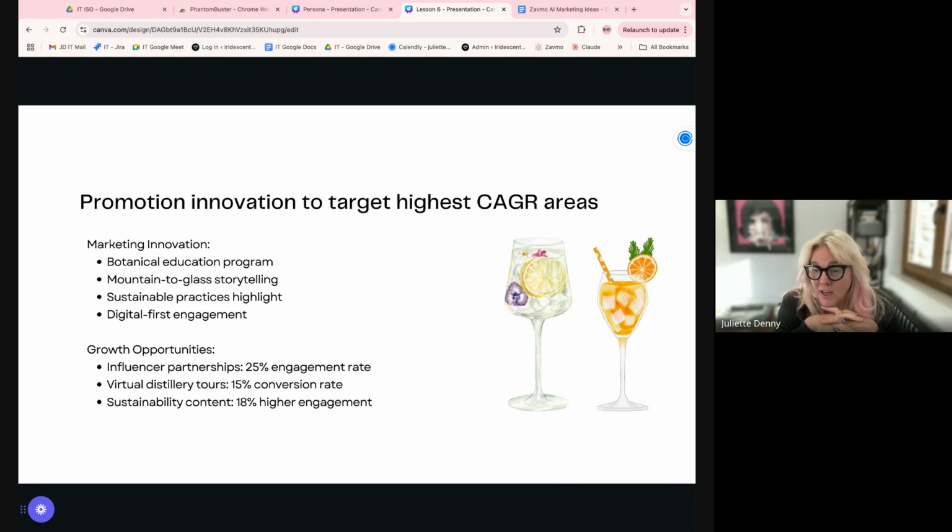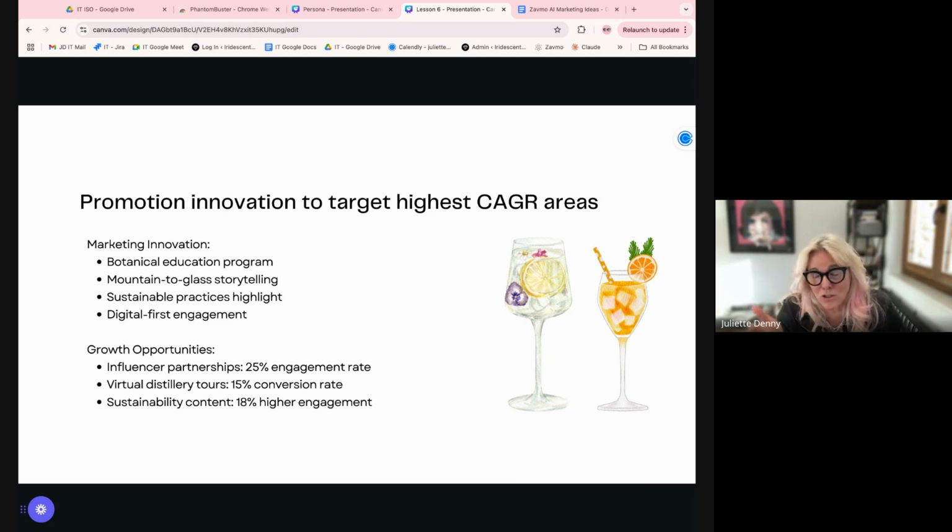And because we're going for this craft market, where people are really, really interested in the product, the most efficient way of doing that marketing is digital first engagement. We don't need to employ anybody else to do that storytelling for us, because this is what we're passionate about, and also what people are interested in. So there's this beautiful overlap. How can you get an agency in to walk up a mountain with you and talk about why you picked this herb and the botanicals? It makes so much more sense for you to do it yourself.